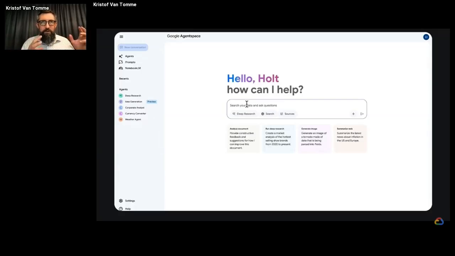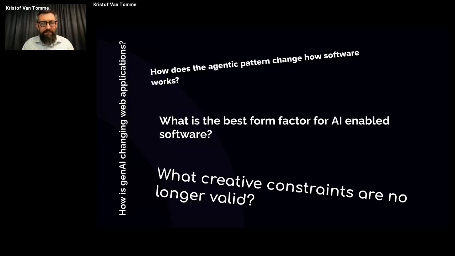There's this constant flux and evolution that's happening, and it feels that a lot of things are changing really fast.